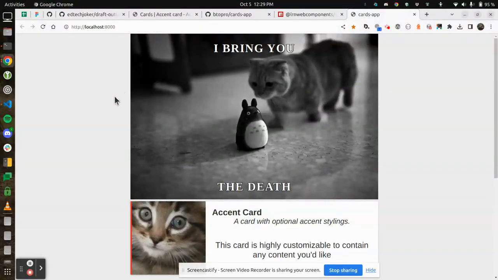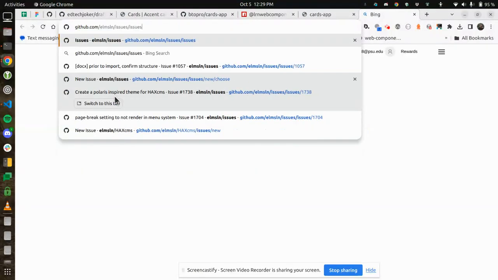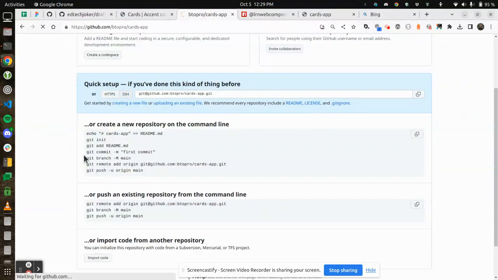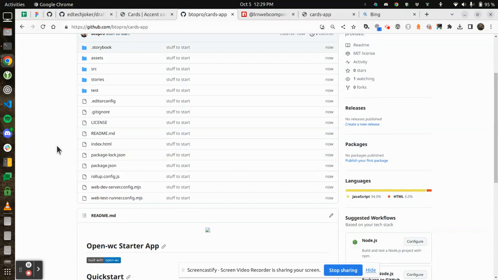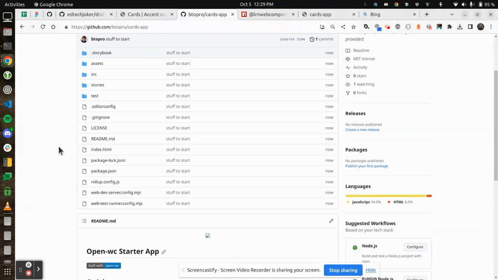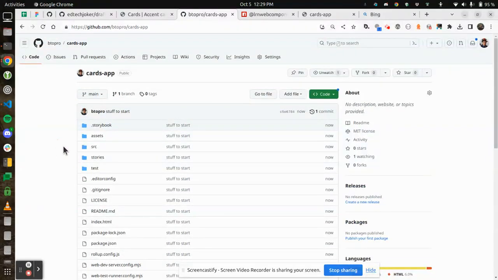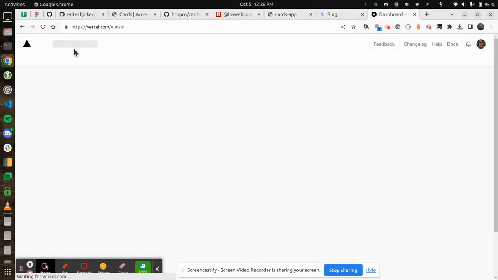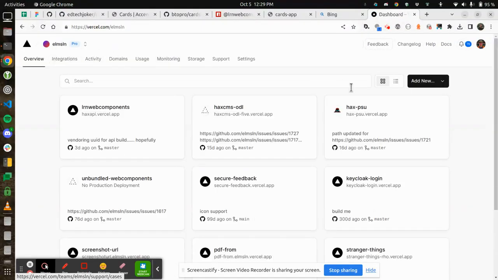So my code is now up on GitHub, I already have that open, up under BTO Pro Cards app. I'll actually post this into the thing as well. So that is the whole end-to-end feedback loop beyond making this work on Vercel, which not everybody has working 100%, but we're pretty far along in that journey. So I'm happy on that part. So I'm going to go to